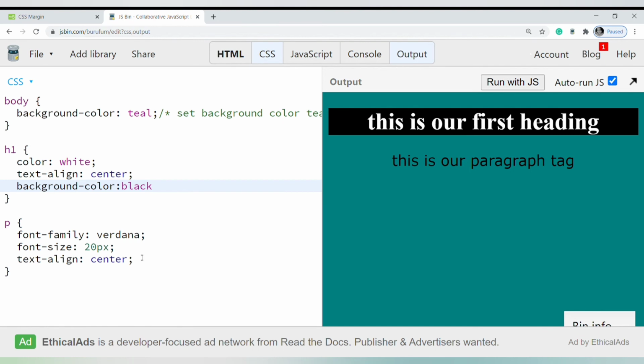Now I will give background color here also. What should I give here? I will give white.